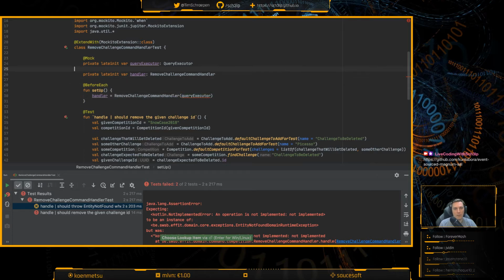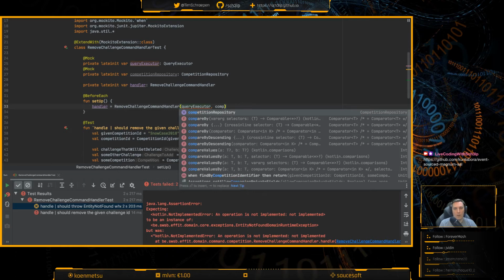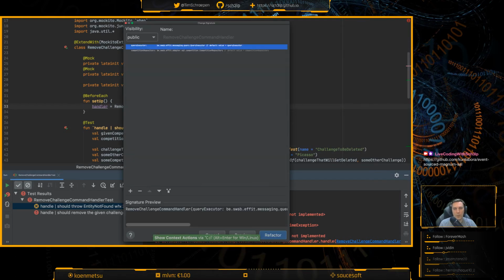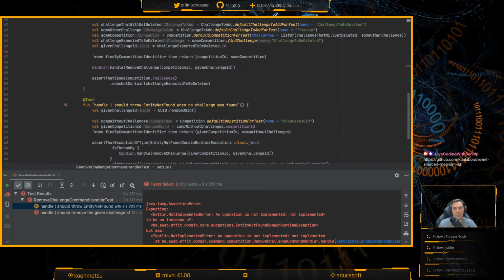And the other thing I'll need is a mock for the competition repository so I can actually save it. Okay. And then we'll add parameters, both of them, please. There we go.